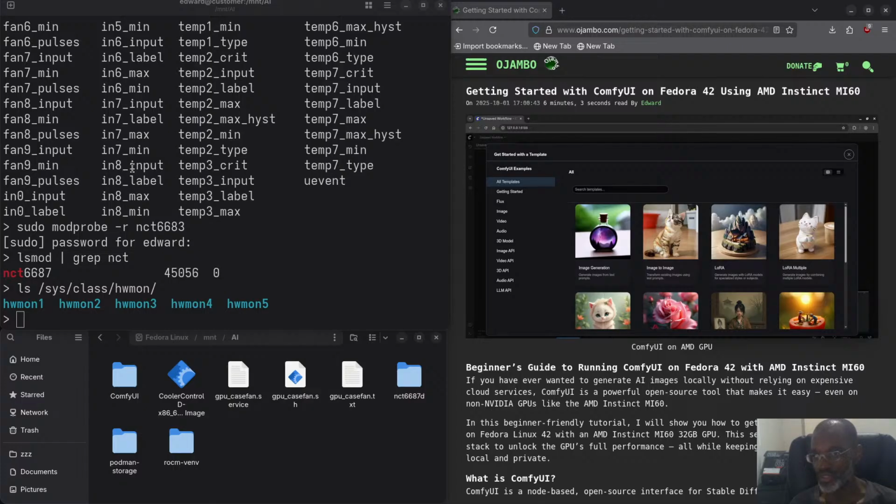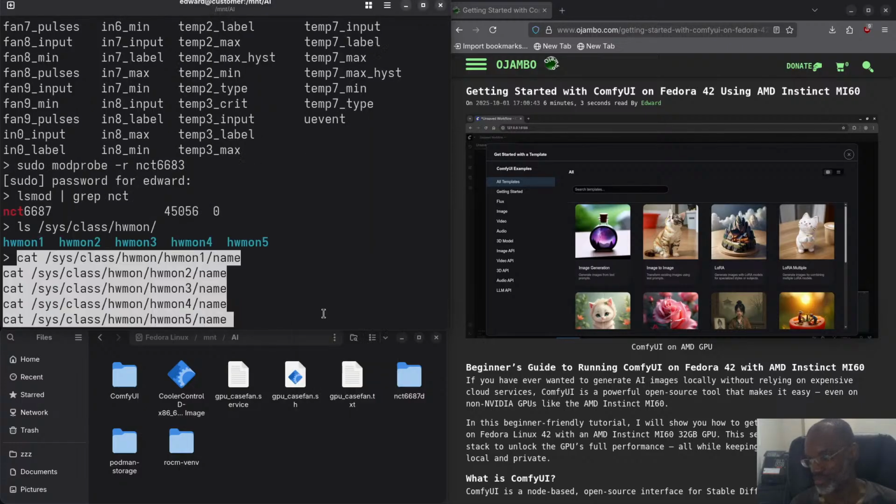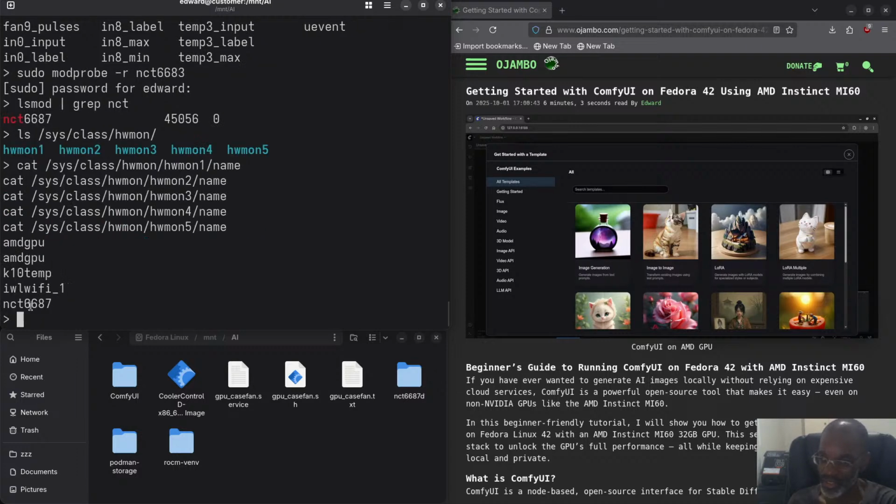So what we're going to do is, I'm going to show you the names, and they're going to be very different. And the positions are going to be different. So you see, now NCT 6687 is actually at the end. It's not at the beginning, it's at the end. But much better than it being at the end is that we now will be able to, if I list what's in